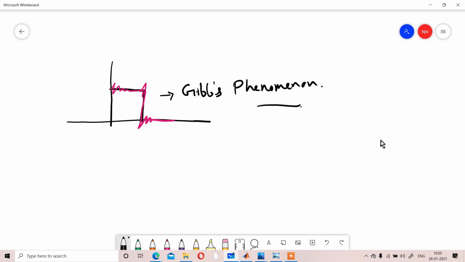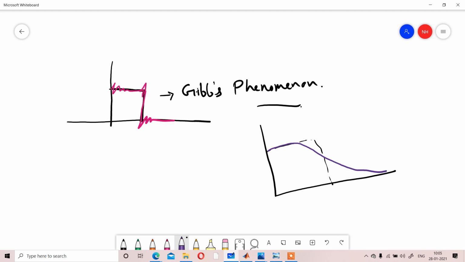The reason is that if we consider the full structure of the filter, it will be like that. The dashed part defines the ideal, and that defines the practical, suppose Butterworth.